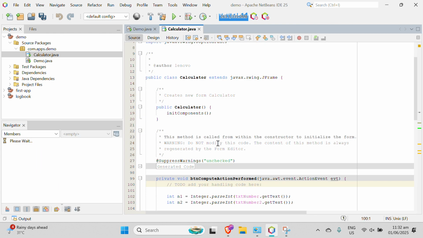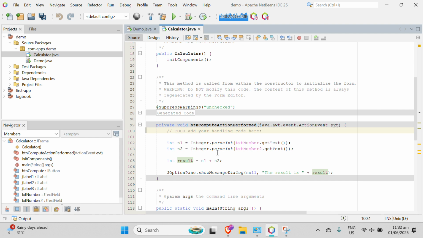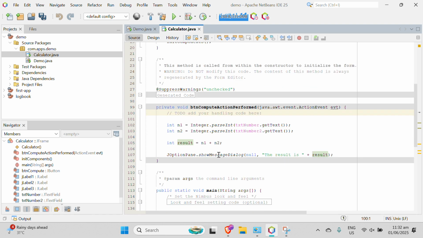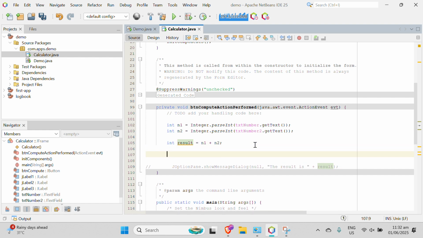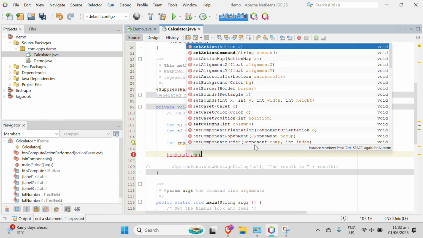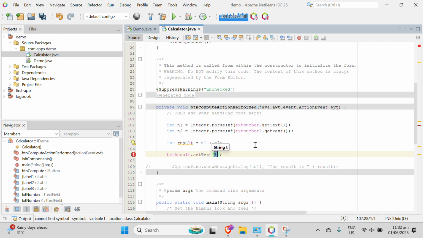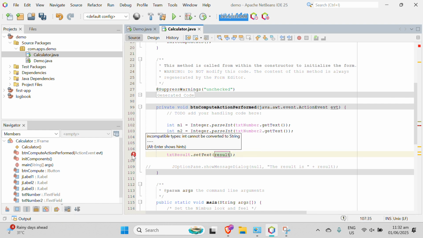Alright, so let's go back to our code for performing the calculation. Instead of calling JOptionPane, we can do this one. txt result dot setText result. So as you can see, there is an error, incompatible type.